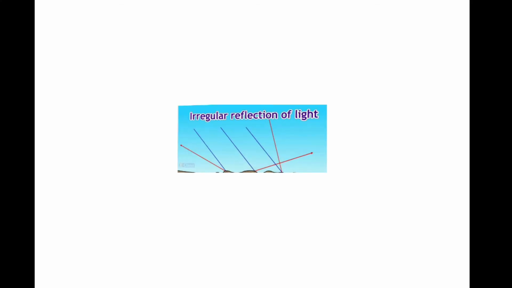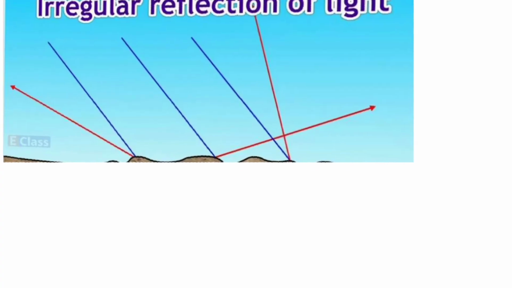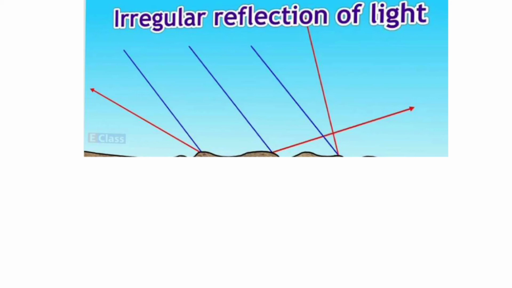But now see this condition of irregular reflection of light. Observe here. ये चिल्ड्रन ये यहाँ पे इंसिडेंट हो रहा है. See this ray is getting incident here. This ray is getting incident here. This ray is getting incident here. So there at that point they are following the laws of reflection. Okay, but I'll just show it to you. Then it will be clear to you. Observe this diagram carefully.